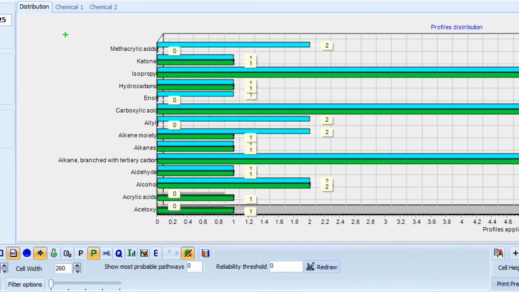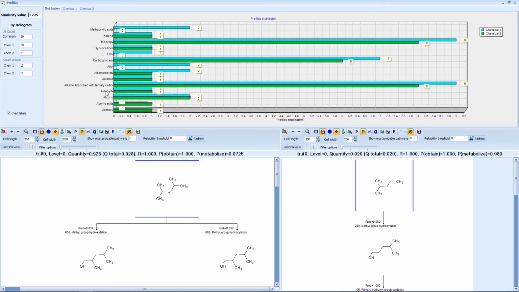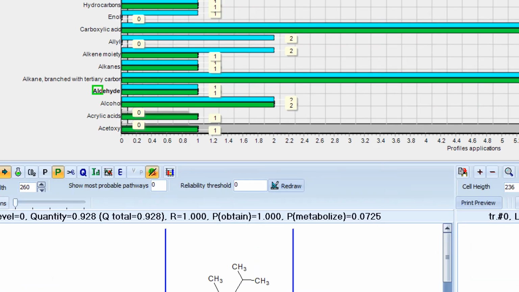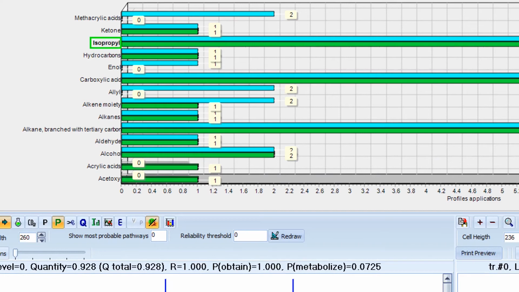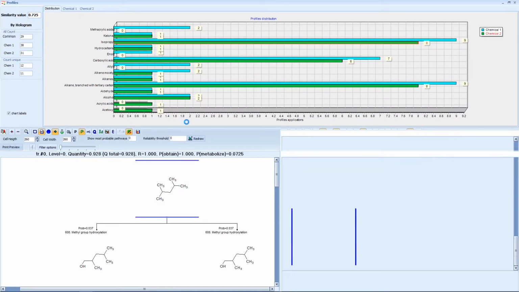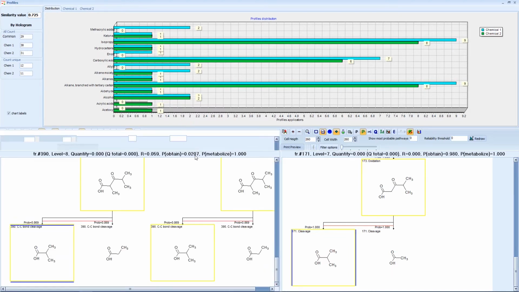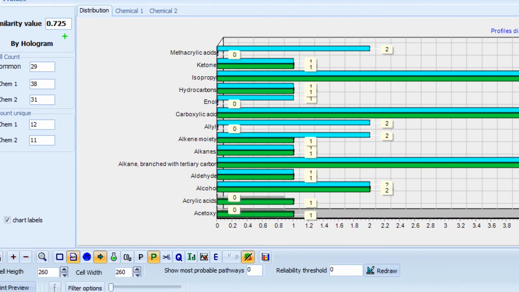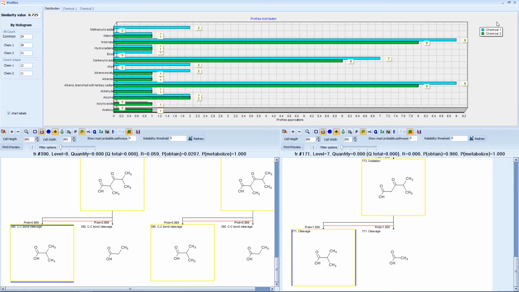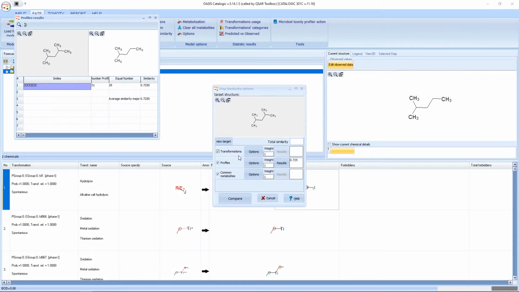The bar diagram shows that almost the same structural fragments appear in both chemicals. The difference is in the frequency of appearance of these fragments. For example, we have the same frequency of appearance of the aldehyde fragment, whereas the frequency of appearance of the isopropyl fragment is different in both chemicals. The metabolites with identified common structural features can be seen in the simulated maps of both chemicals. The high value of structural similarity does not answer our question why these chemicals have a big difference in the predicted BOD values.